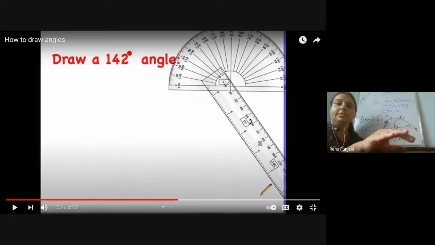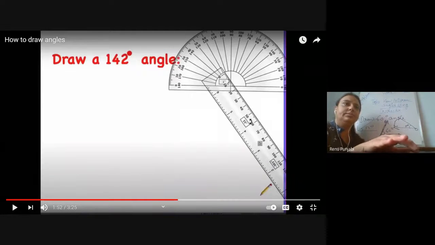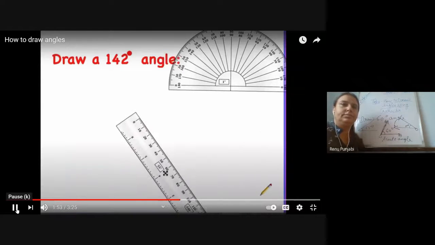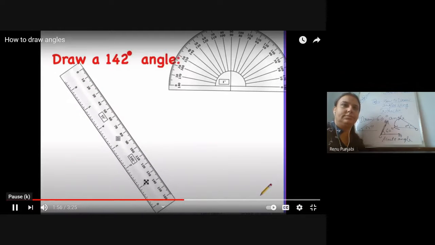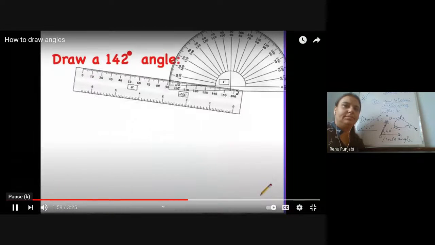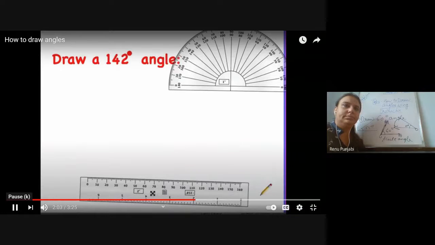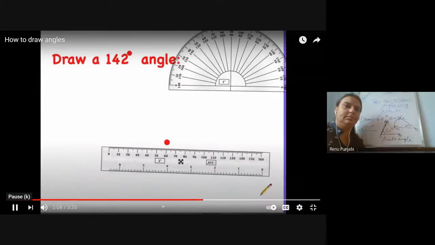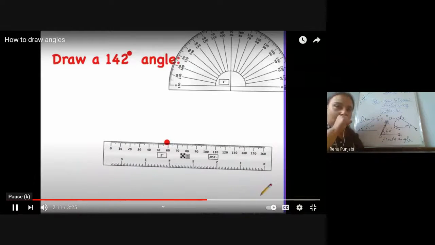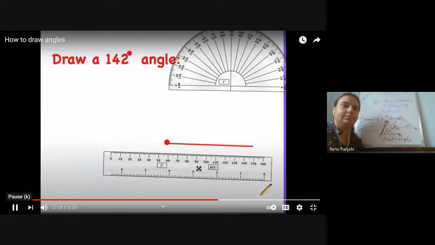Got it? Now I'm going to turn on the video again for one more angle. We're going to make an angle that is 142 degrees. First, I'm going to straighten out my straight edge here and move it down. Again, the first thing we do is start with a vertex. From the vertex, we line up our straight edge. And this time, I'll make the line segment go from the vertex out to the right, and we'll use the other side of our protractor.